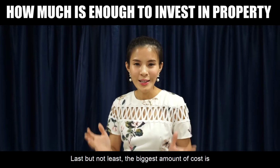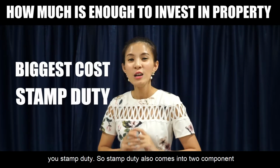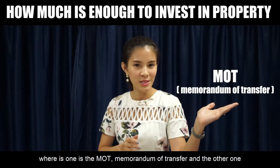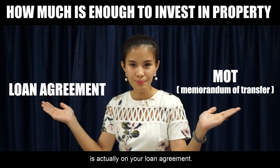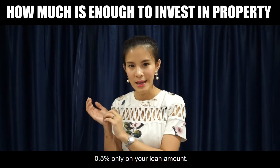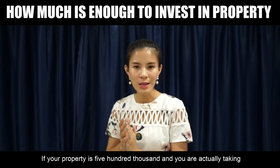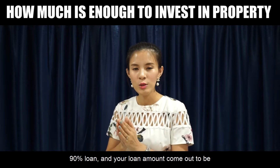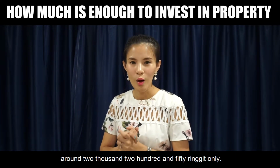Now last but not least, we come to the biggest amount of cost, which is your stamp duty. Stamp duty also comes in two components: one is the MOT, Memorandum of Transfer, and the other one is on your loan agreement. Now the loan agreement part is actually very little, which is 0.5% only on your loan amount. If your property is 500,000 and you are taking a 90% loan, your loan amount will come out to be 450,000, and so your loan agreement will cost around